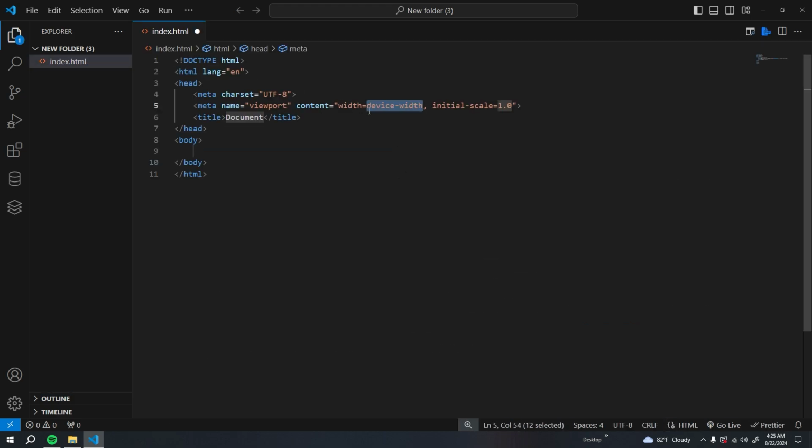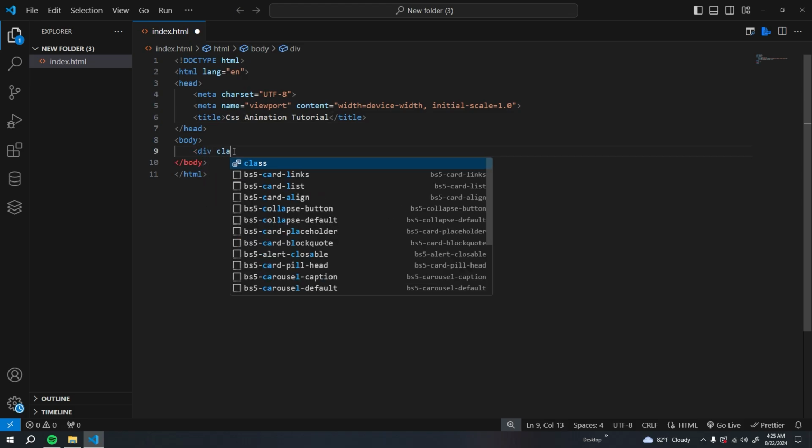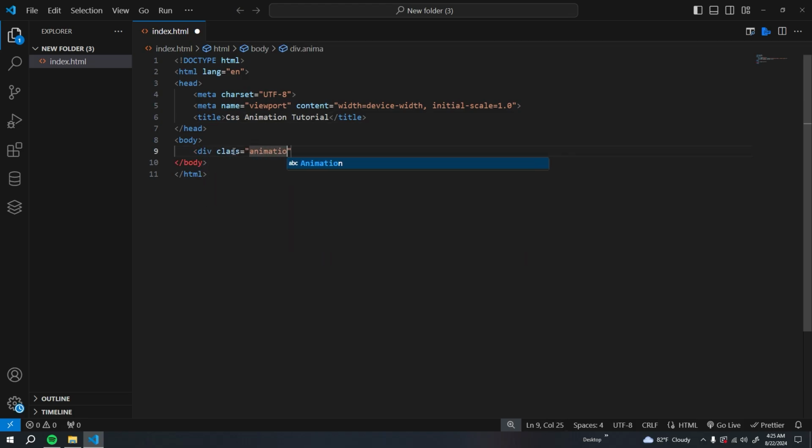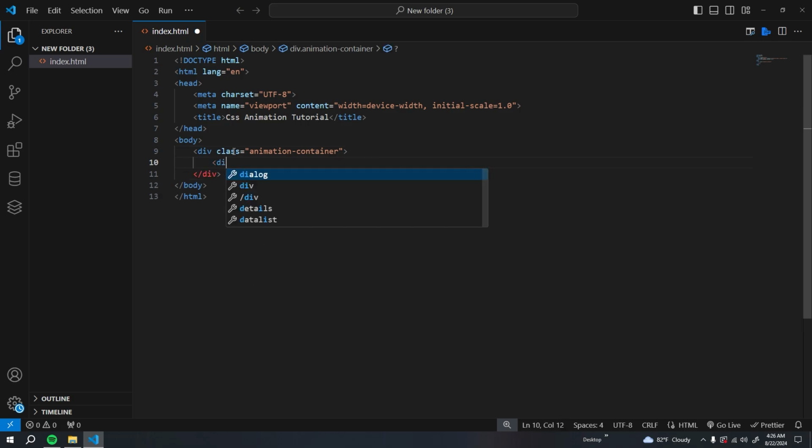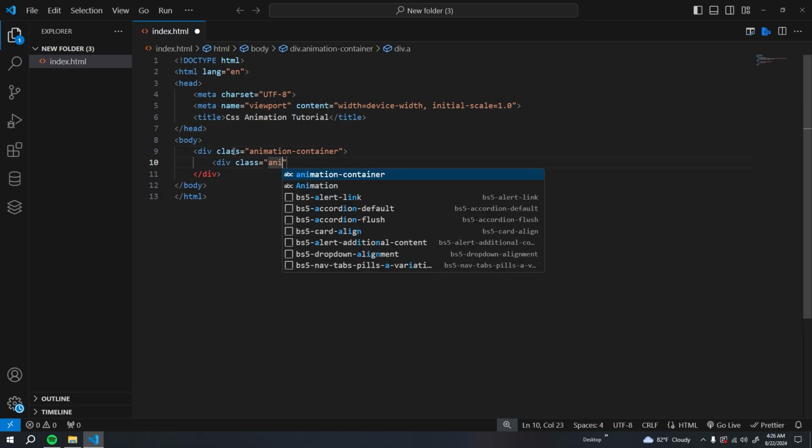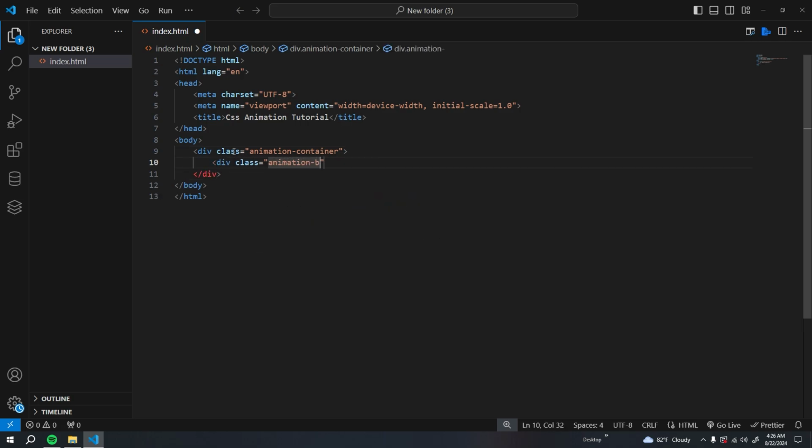First, we'll set up our HTML structure. We'll start with a div container that will hold our animated elements. The body section contains a div element with the class animation container. Inside this container, there are 3 div elements with the class animated box, which are intended to be animated through